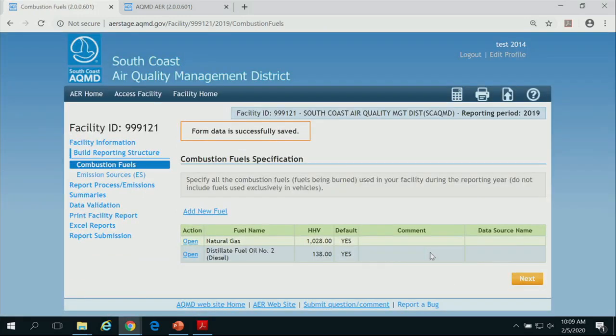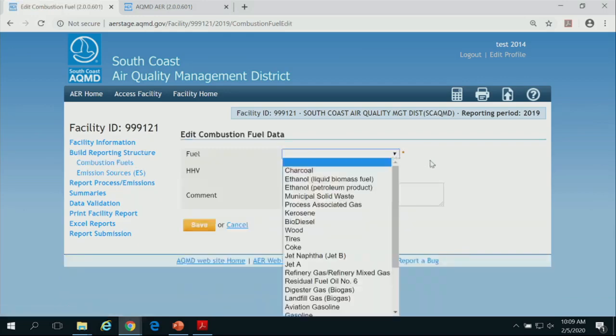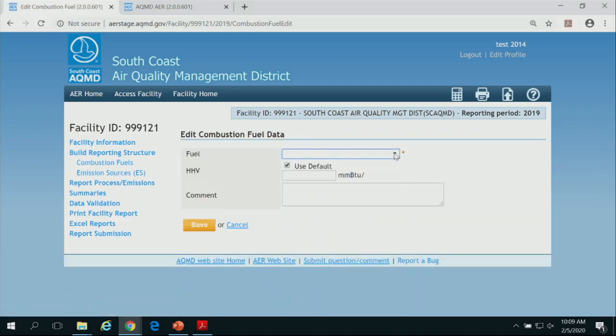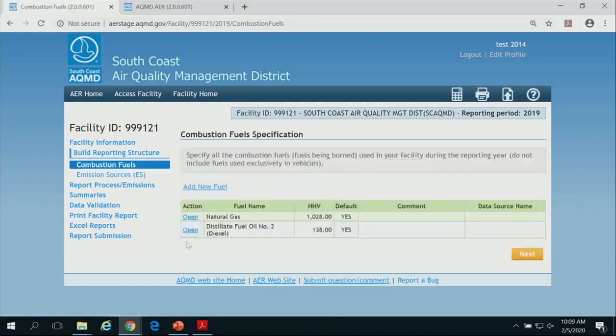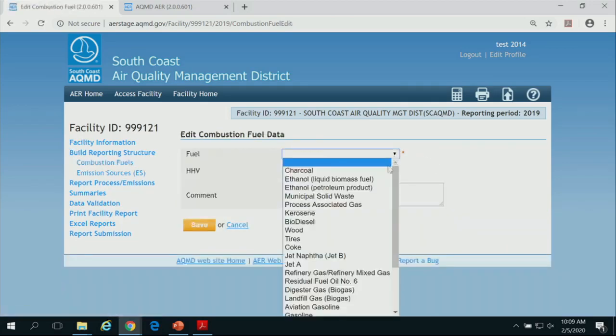In order for you to report any combustion within the tool, you need to report the type of fuel that you combust. This is done by clicking on Add New Fuel, and it opens a drop-down menu with a list of different fuels in our tool. As you saw, I already have natural gas and diesel fuel added, and for the sake of demonstration, I'm going to add another fuel.